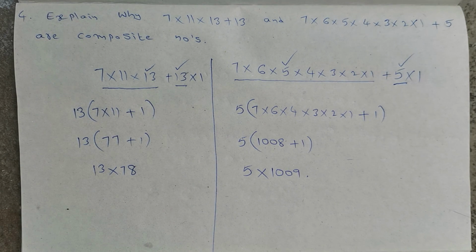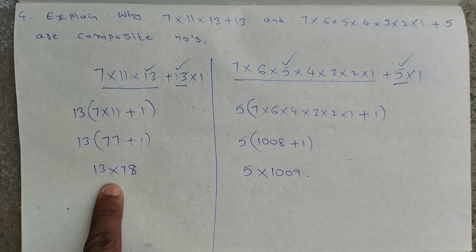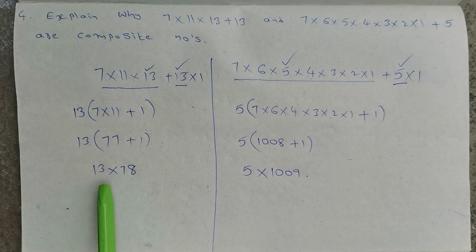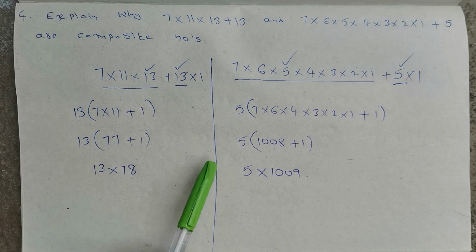The given question can be written as a product of two numbers. So it is a composite number. Okay, now after completing till here, I said one sentence, that is, the given question is written as a product of two numbers, so it is a composite number.